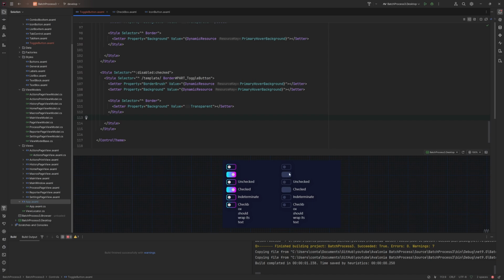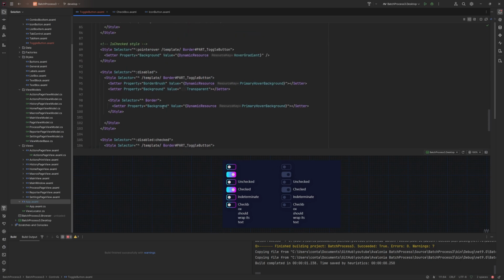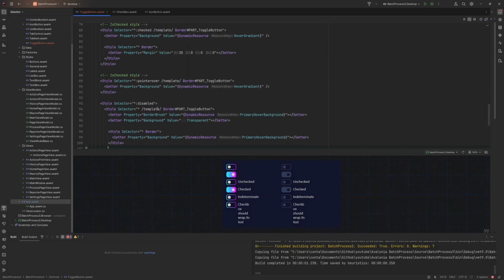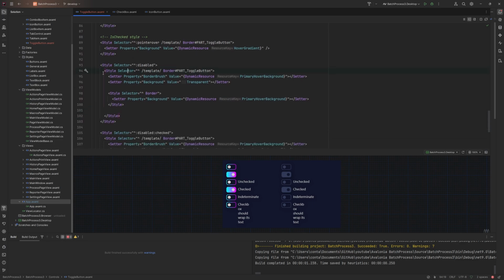And of course that's now not working in there, which it should be. Okay, it is working, but you can't do transparent because then you're just seeing the thing underneath, you're not cutting out. That'll be a dynamic resource then, a primary background. There we go. So you now got unchecked, checked, disabled, unchecked and checked, disabled, but you want the labels now to be the same thing, which means in disabled, we want this kind of selector